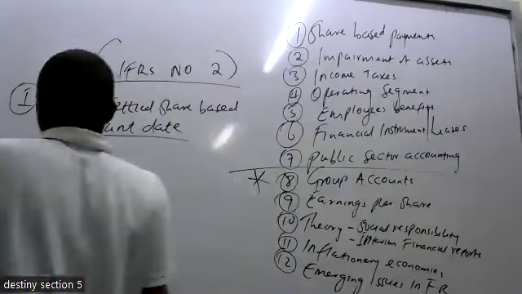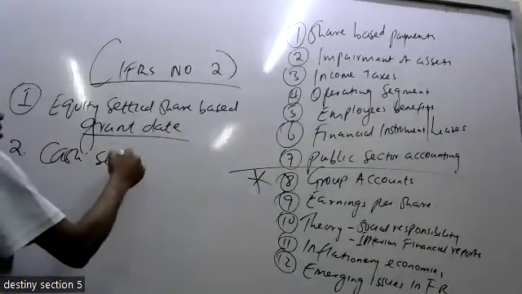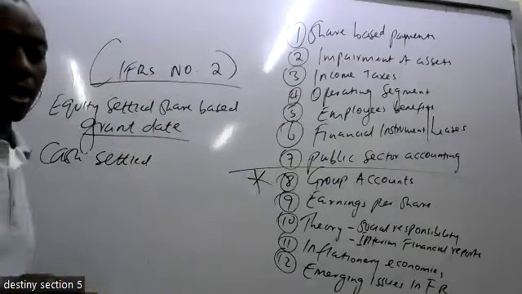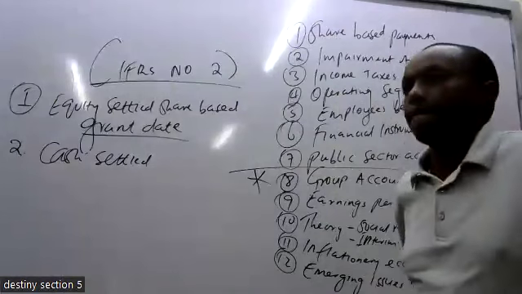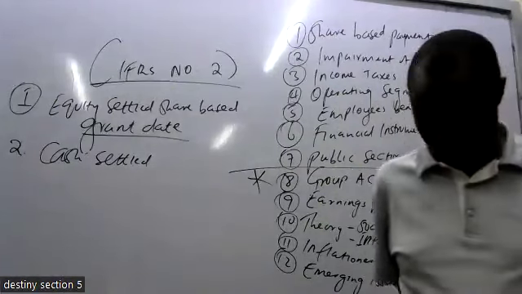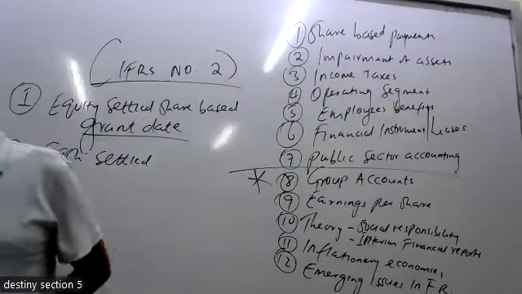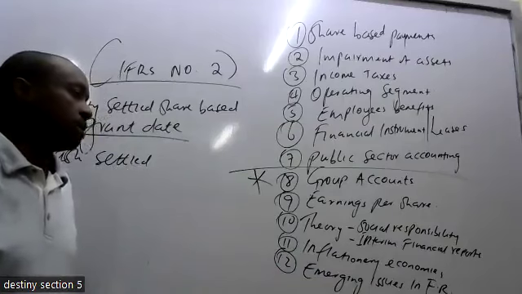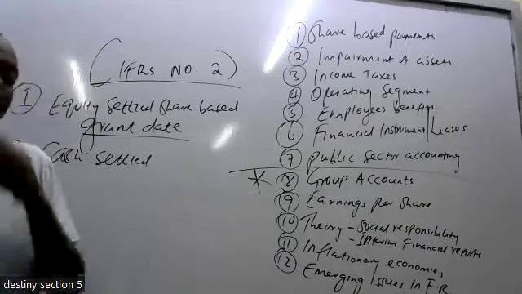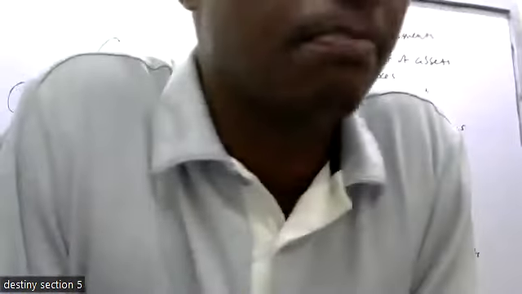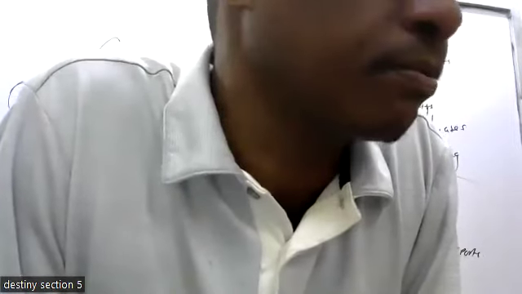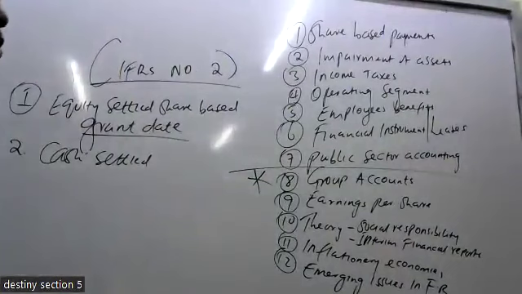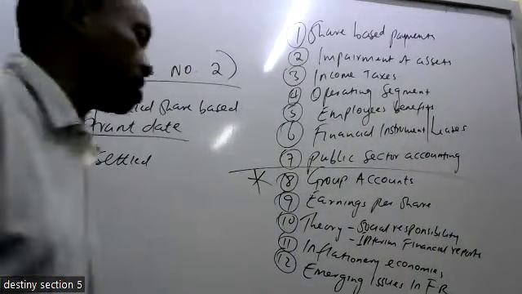The second is called cash settled share-based payments. It arises where an entity pays for goods or services supplied using cash, which is determined by the fair values of the ordinary shares,